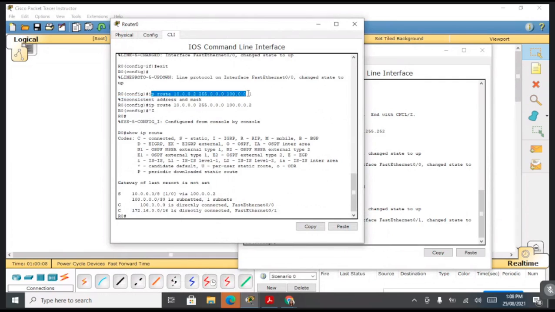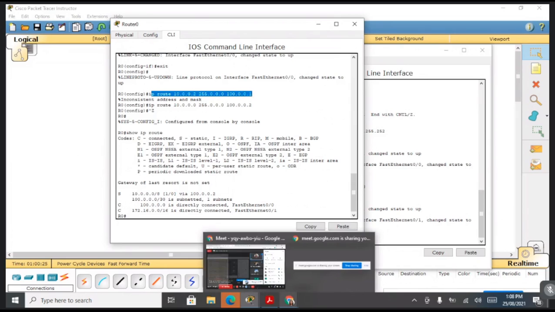Same again, we have to pass the same command on R1 too, ip route, to make the static route on R1. Then we have to pass the subnet number, subnet mask, and next hop IP address. So let's edit